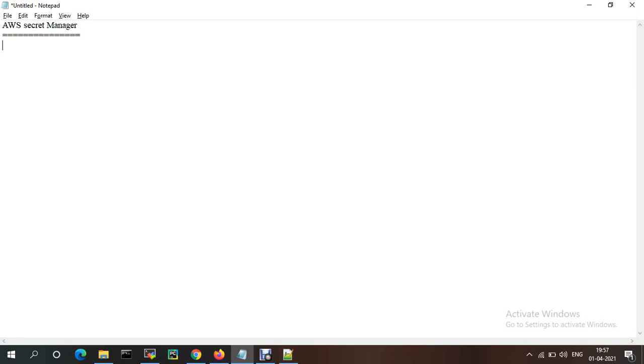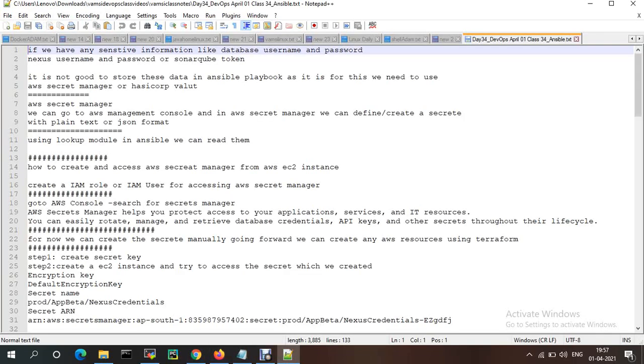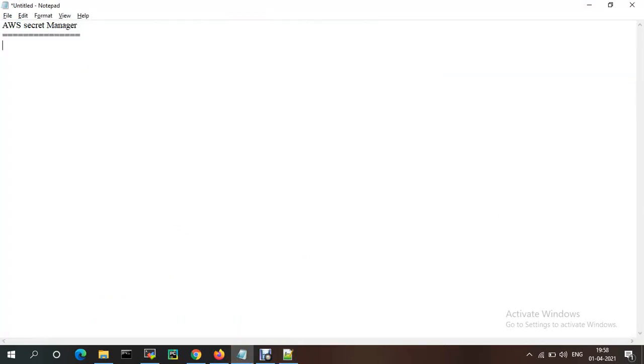Okay, let me do the demo. If you have any sensitive information like a database username and password, it is not good to store it in an Ansible playbook. We need to use a secret manager, or HashiCorp Vault.